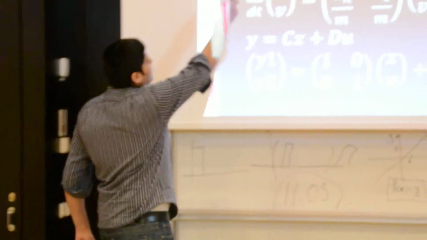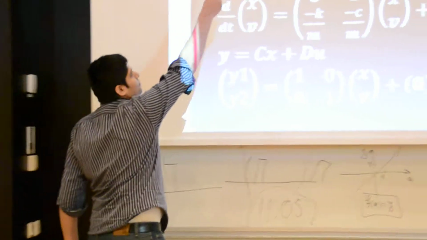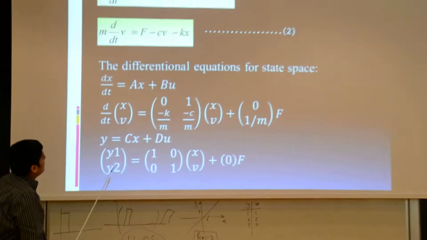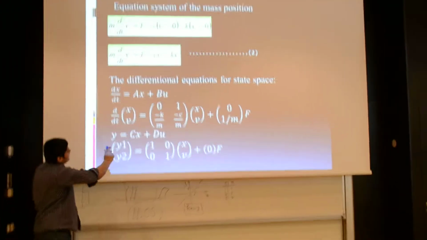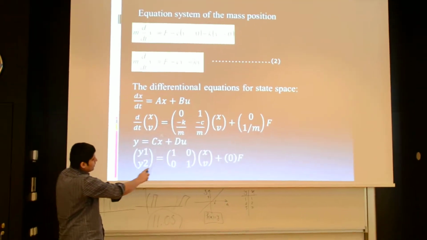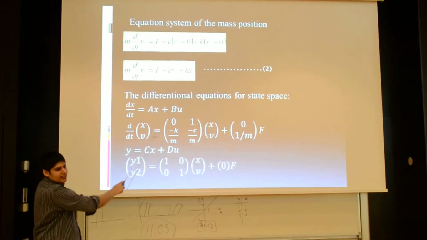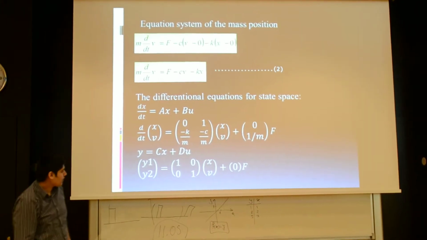So this one is our balance of force on the mass. We can calculate from there, and this one is finally our differential equation in the matrix form, and